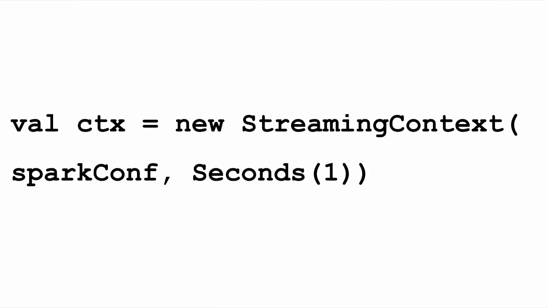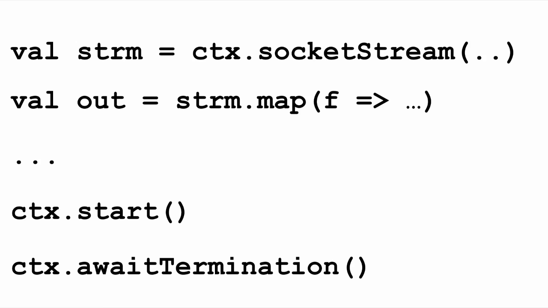As far as code changes, you switch out the Spark context to use streaming, and in this case, I say a period of 1 second. That means it's going to start looking for data, group it into 1-second buckets, send it through my processing, and output it. In this case, I'm creating that stream using the previous context, using a socket stream. I then start applying functions to it. I say start, and I say run until I'm done, or await termination. So I've now created a long-running process that'll break up the data as it's coming in into small discrete values of 1 second.